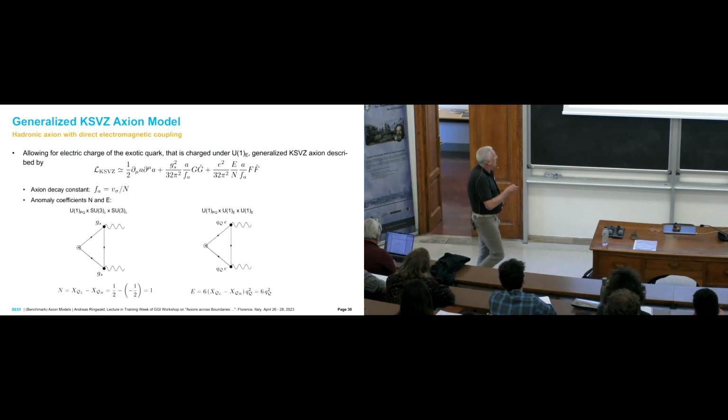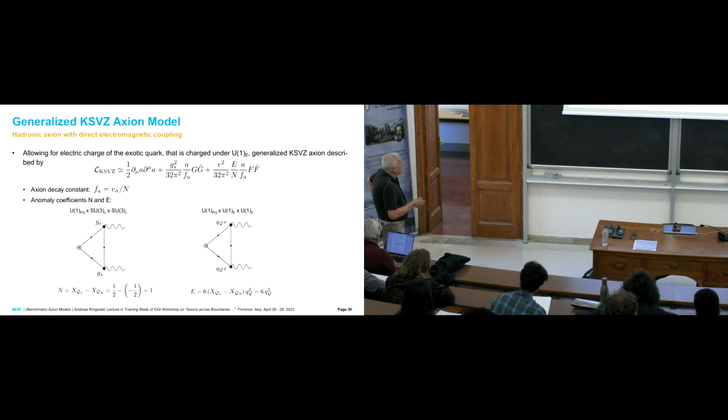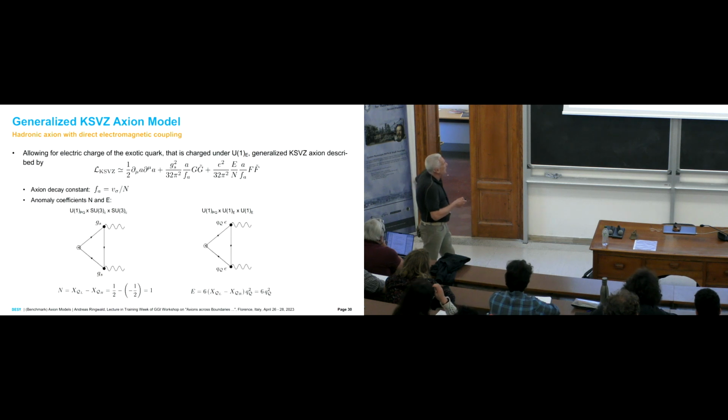Then one gets from this chiral transformation, which brings the mass term into the standard form, in addition to the normal G G-dual term, also an F F-dual term, a coupling to electromagnetism. And from these triangle diagrams we can easily read off the anomaly coefficients N